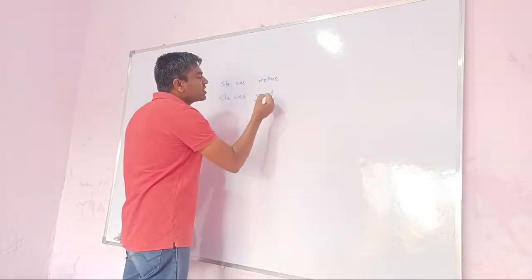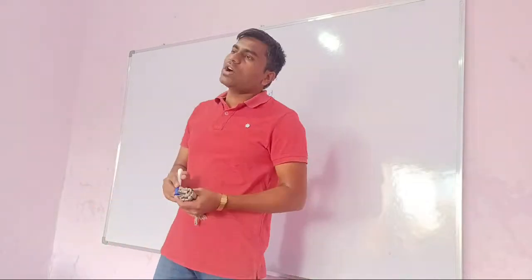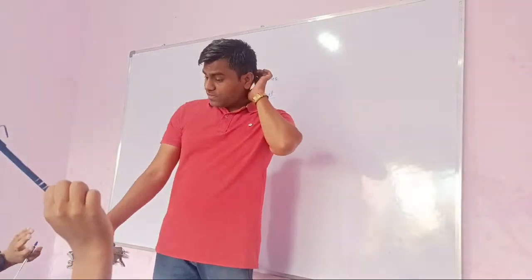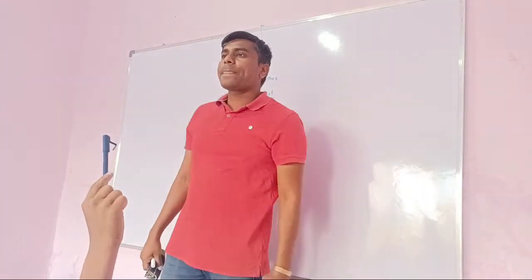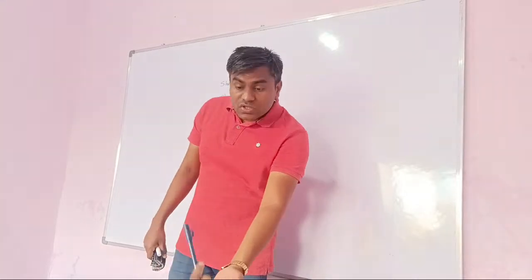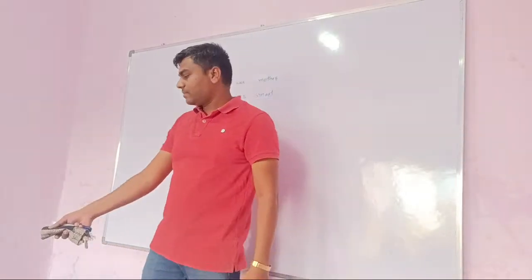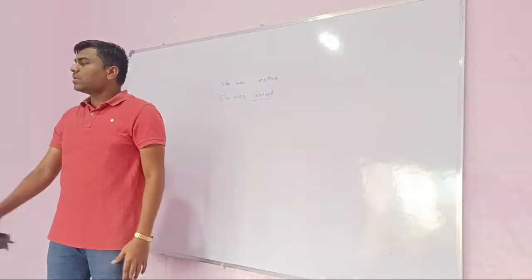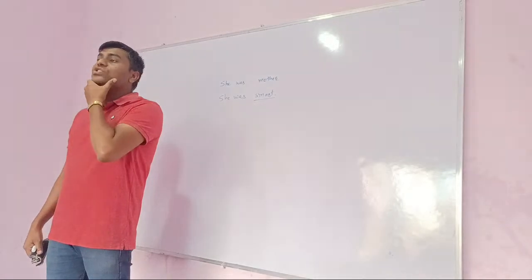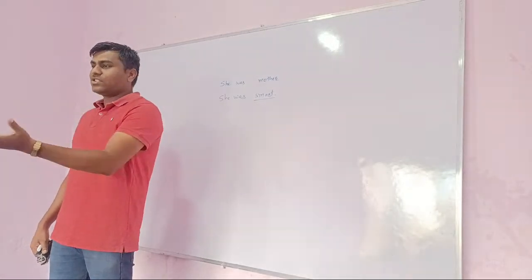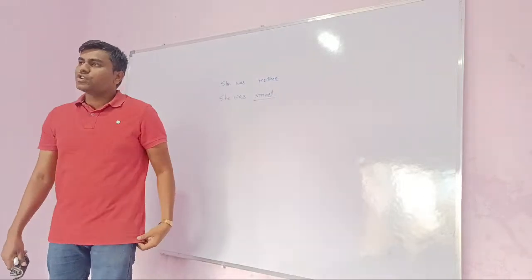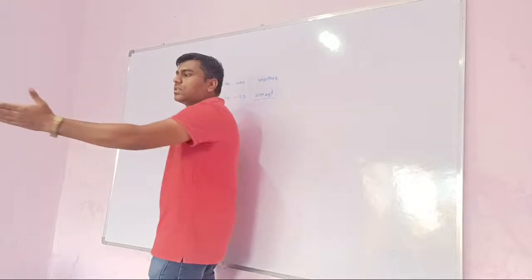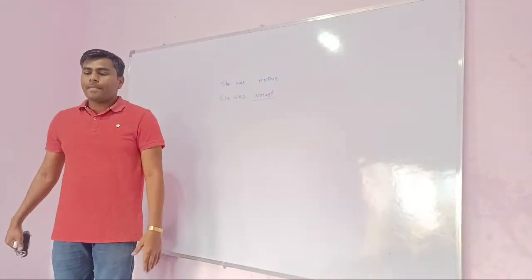Now use adjectives. She was ugly. She was beautiful. She was young. She was short. She was big. She was clever. She was fielder. She was dancer. She was beautiful. She was runner. She was fatter. She was fat. She was clever. She was a smart player. She was smart student.